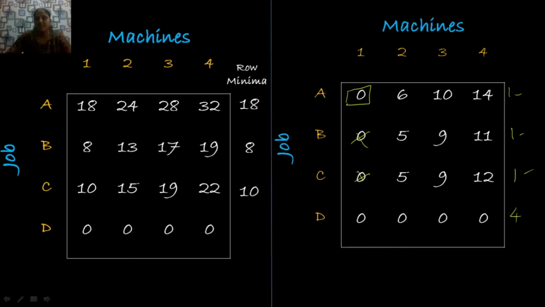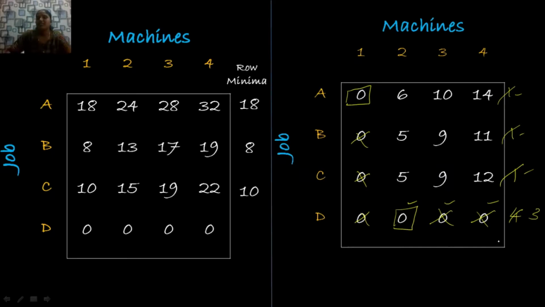After making assignment, cross the remaining 0 elements in the same column and row wise. So here column wise has 3 zeros, so I have to cross 3 zeros like this, and row wise doesn't have any 0. And let us go to the last row. Here we have 3 zeros. So we are going to make assignment at either one of these 3 positions, either at this position or at this position or at this position. Arbitrarily I choose this position for making assignment. So cross the remaining 0 elements in the same row and column.